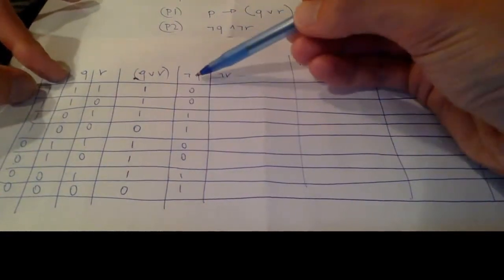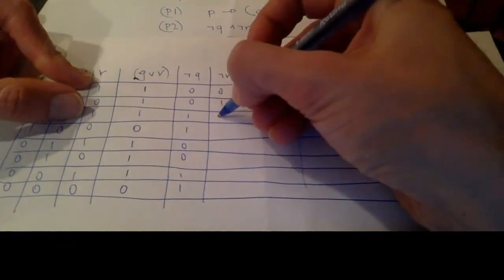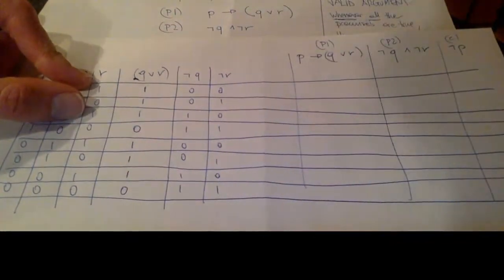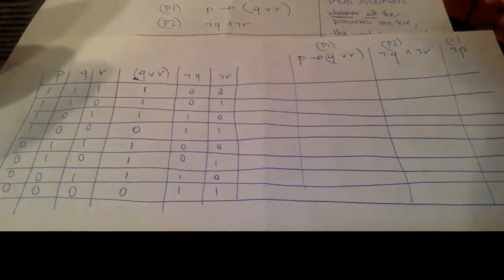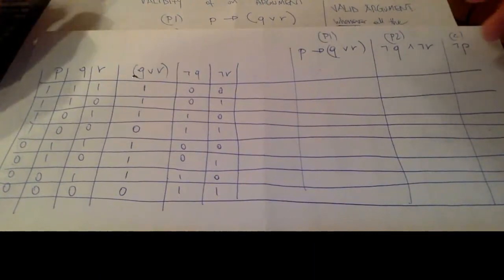So we have 0, 0, 1, 1, 0, 0, 1, 1. So we are flipping the truth value of Q. And for not R, we are flipping the truth value of R. So we have 0, 1, 0, 1, 0, 1, 0, 1. Okay. So we are done with not Q and not R, and now we can finally determine the truth value